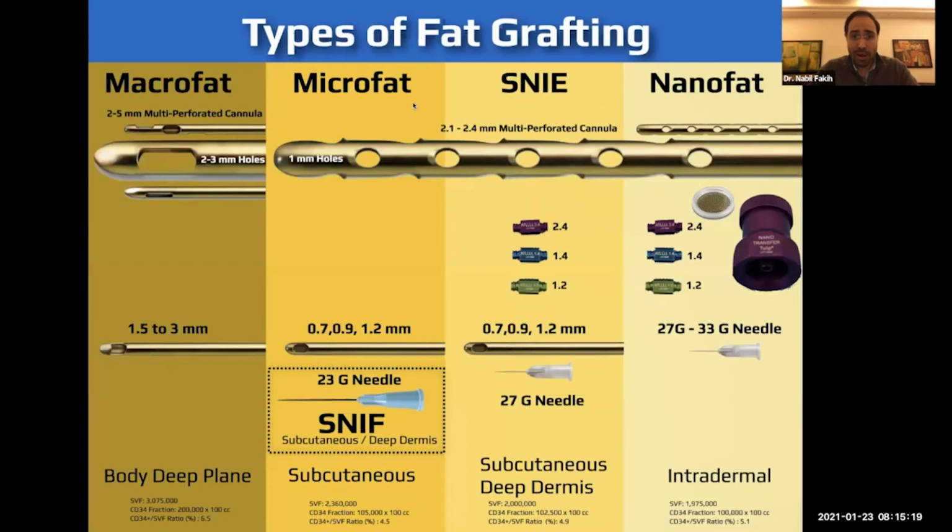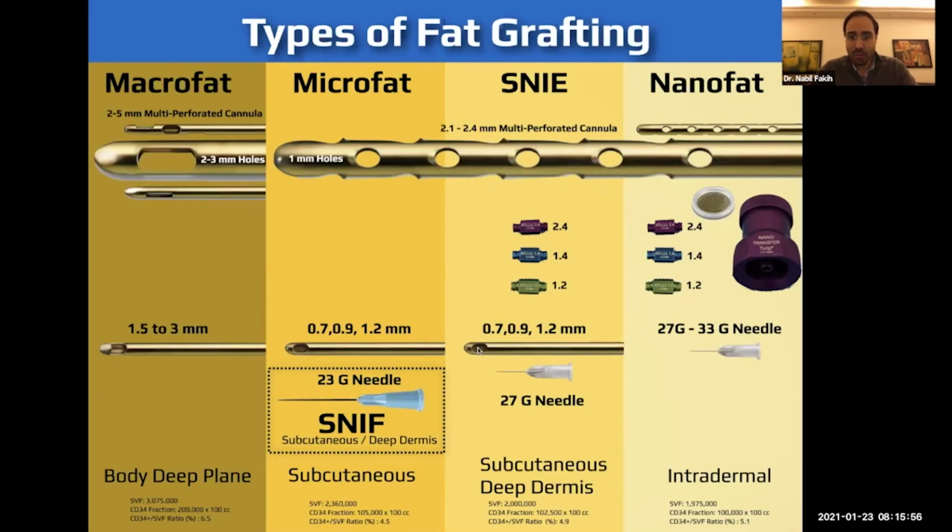If we want to inject microfat with a needle, we call it SNIF, sharp needle intradermal fat grafting. This was published by Dr. Tonnard, and normally we inject it with a 23 gauge needle. Then for SNIE, we first have to do liposuction, harvest the fat, then use 3 emulsifiers from bigger to smaller. I always say ladies first, pink first, then men after, which is blue, and then dogs after, which is green. This is my way of memorizing that: first, next, and next.